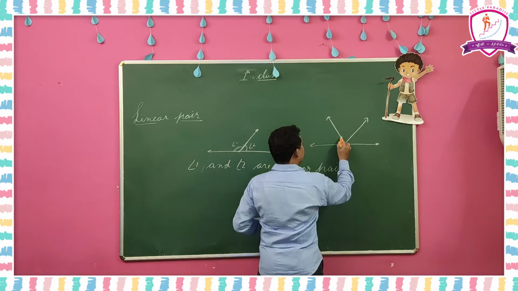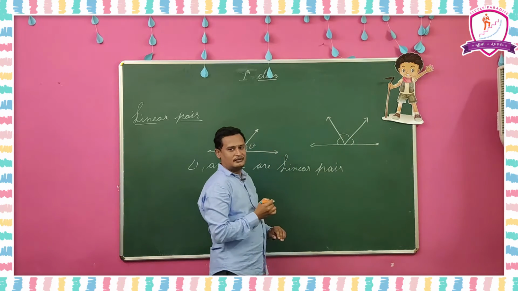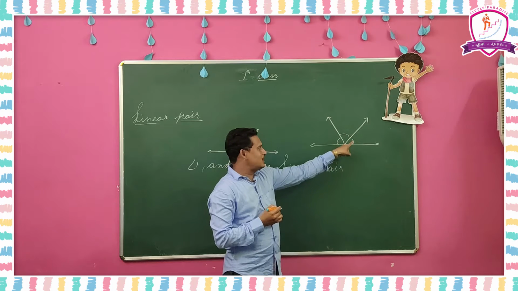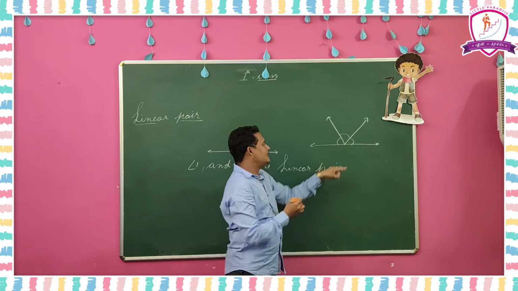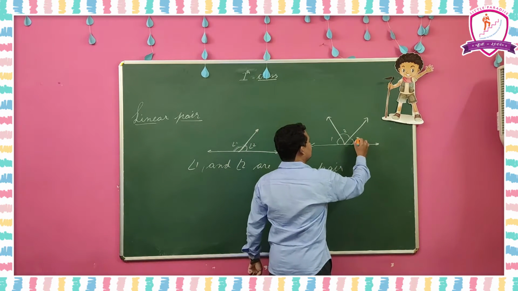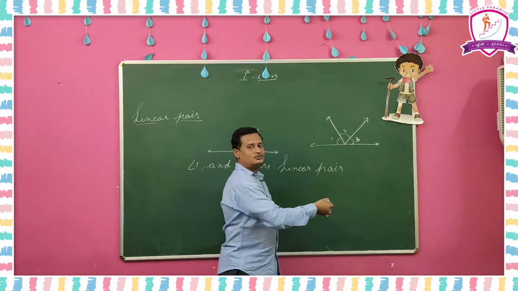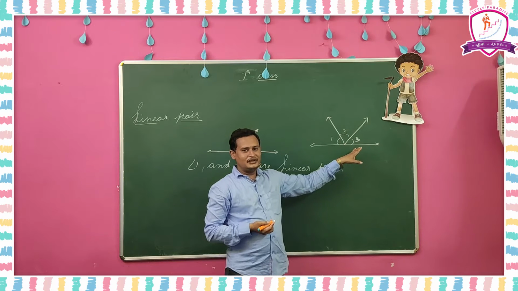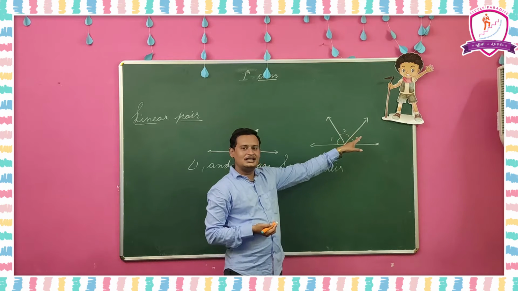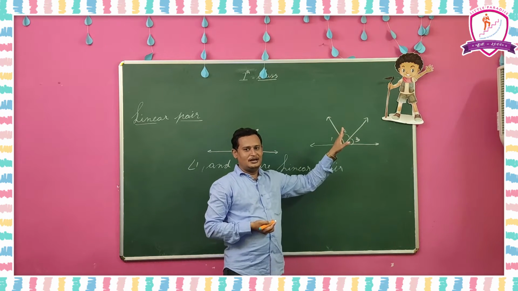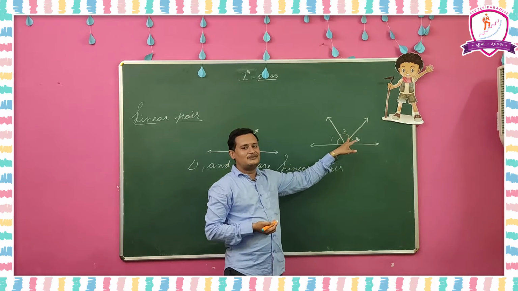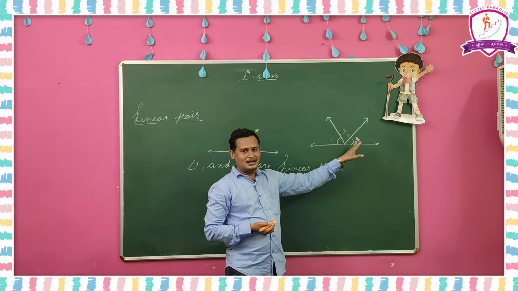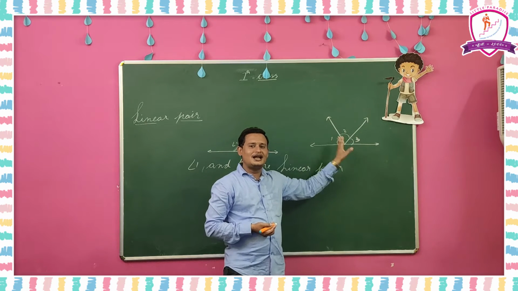Here angles 1, 2, 3 are formed. These 3 angles are formed at the same vertex and on the same line. So these 3 angles, angle 1, angle 2, angle 3, are called linear angles only. The sum of the 3 angles is equal to 180 degrees, but we should not call this a linear pair, since 3 angles are there. We can call this linear angles.